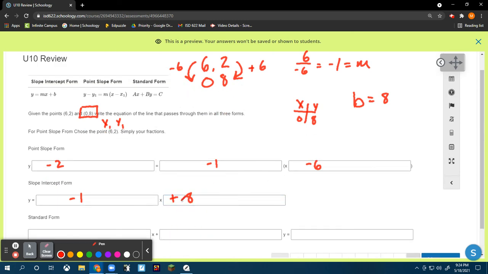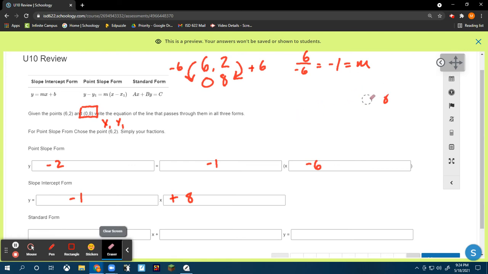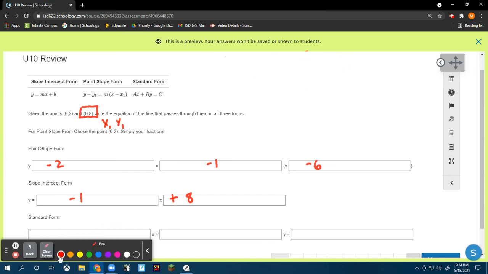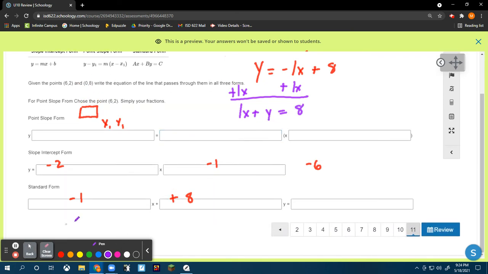Okay. And then our last one, let me use my eraser really quick here, get rid of some of this stuff. Our last one is to get it into standard form. Currently, we are at y equals negative 1x plus 8. We want to get to standard form, so we're going to do the opposite of mx to both sides. We're going to get 1x plus y equals 8, which means that our final answer is going to be, sorry,